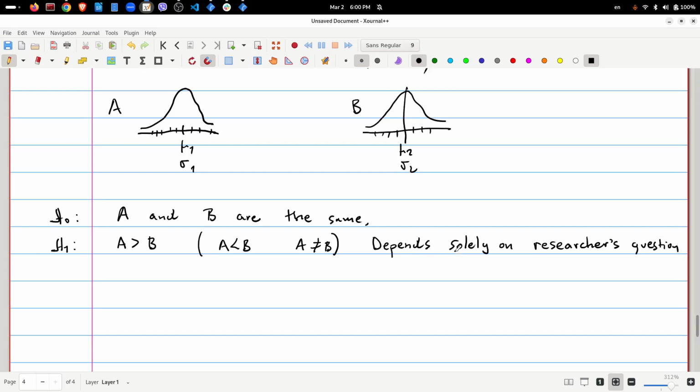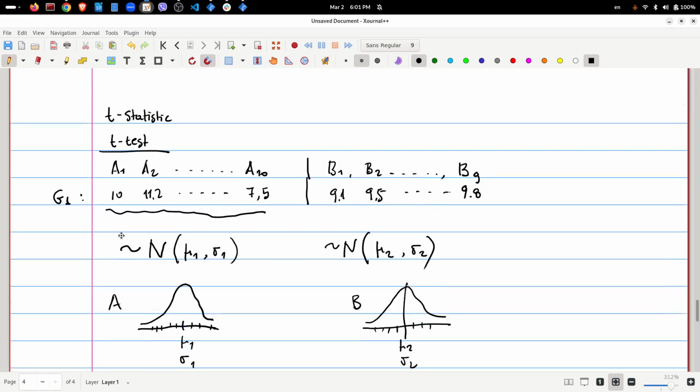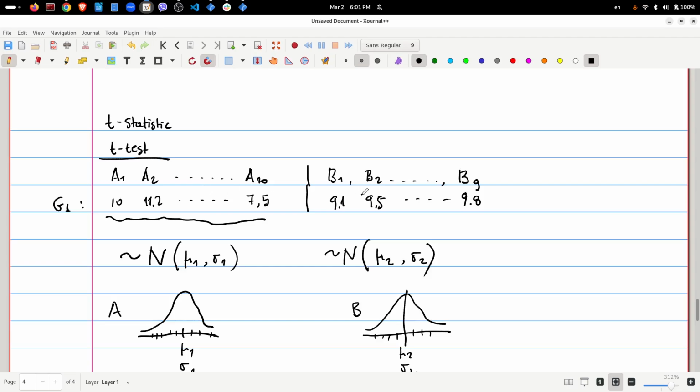And set a priori the analysis. So we should not do the analysis and then see the results and decide, okay, this is comfortable for us. We should set the H1 before the analysis. Okay, now we have the null, we have the alternative, and we need somehow to summarize all these values into